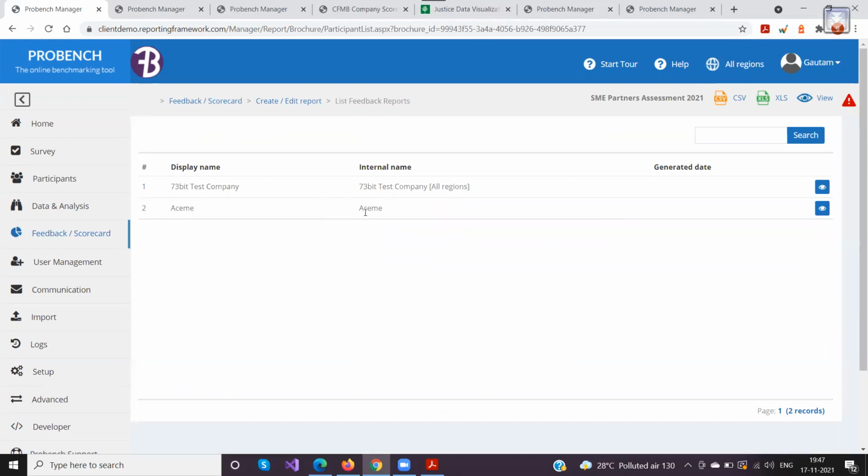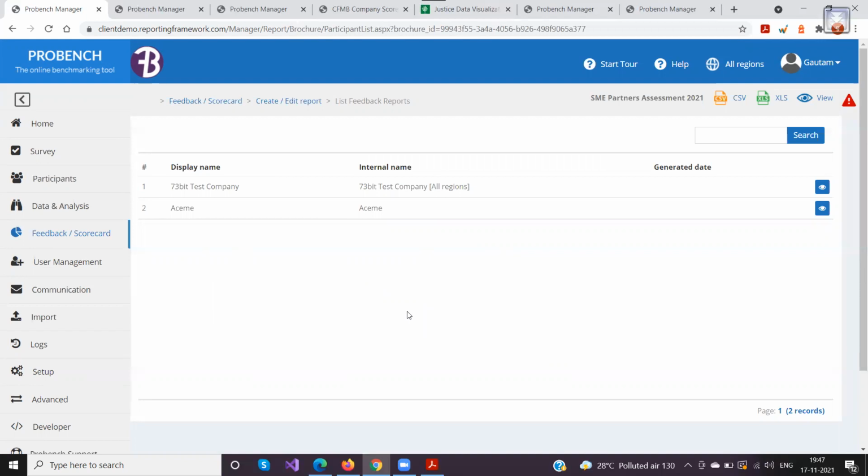We have to just make sure that the list you see here has all the companies that you want the feedback reports or scorecards to be generated for. If there are any additional companies, or there are fewer companies, you have to go to the data set and make the necessary changes. Either your data set filters have something wrong with them, and that's the reason you are seeing more or fewer companies here.